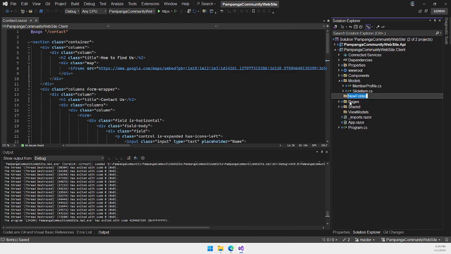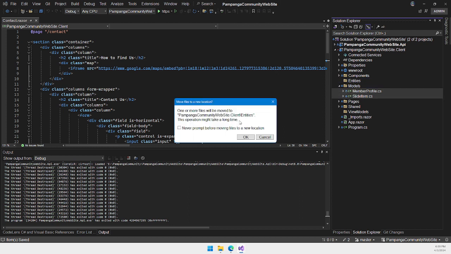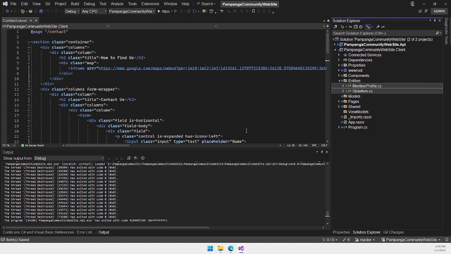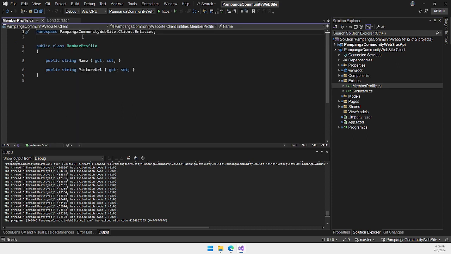I'm going to call it entities, and then inside entities I will move these two. Then Visual Studio asks me if I want to rename the namespaces to match the folder. I said yes. Okay, and then now this one is in the new namespace. Okay, then